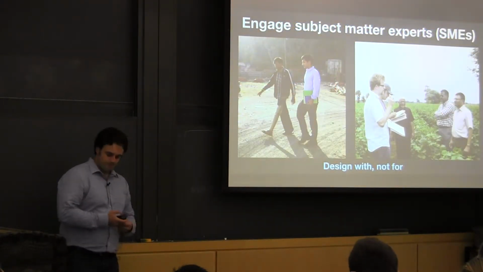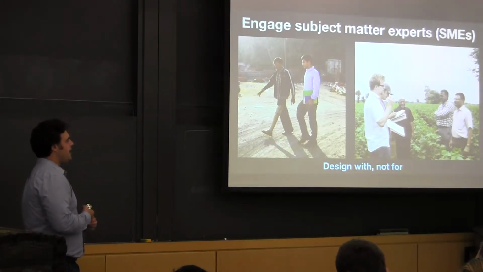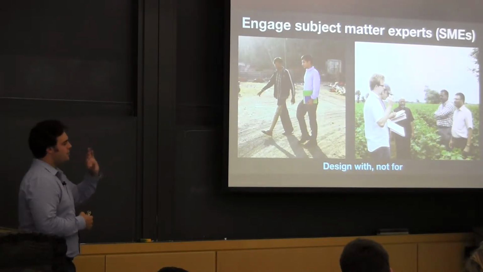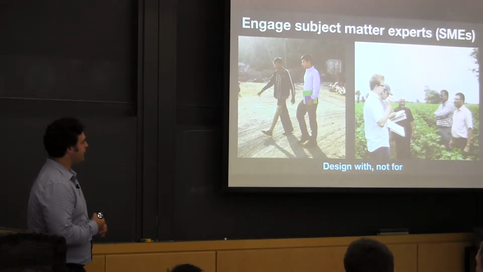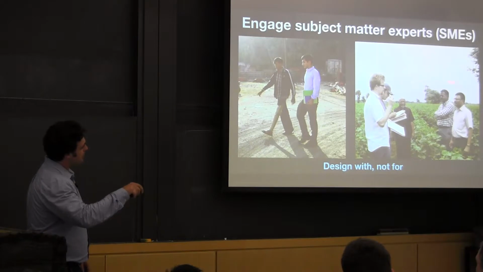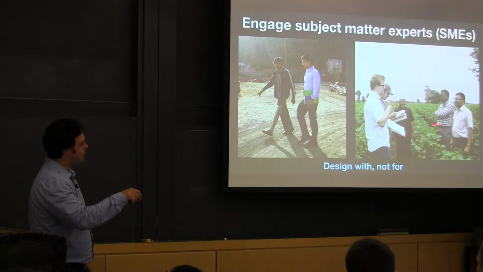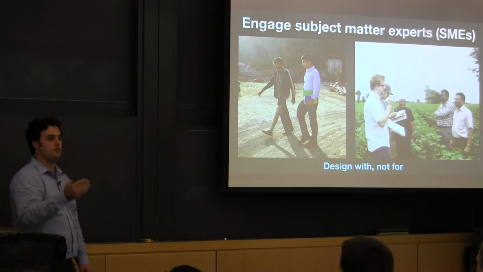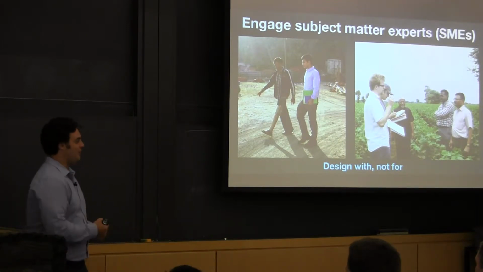So a couple points I wanted to make, just some more general points about this. I showed this slide in the first lecture about designing with and not for, and this really comes out of the Human-Centered Design Toolkit. But in this picture particularly, when you're talking about who you're designing with, we have an irrigation engineer here as well as a farmer, as well as us. I think you guys can consider yourselves stakeholders, right? Say you're doing a doctoral thesis at MIT on a technology, you are a stakeholder. Unless you get a degree out of that, it's going to fail. You have to think about that.